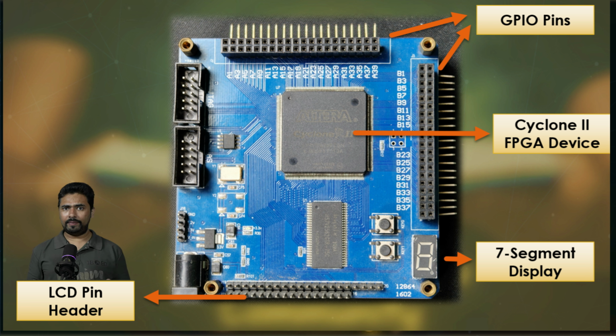This FPGA development board with the Cyclone 2 device looks great. It has a 7-segment display which will definitely come in handy for our projects. It seems like a very capable board for learning and experimenting with FPGA design on a budget. You can also try the mid-range FPGA devices as well, like Cyclone 4 devices, etc.